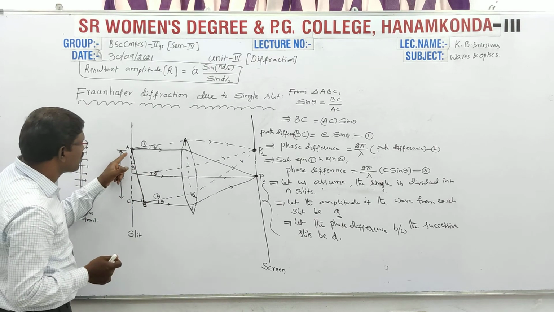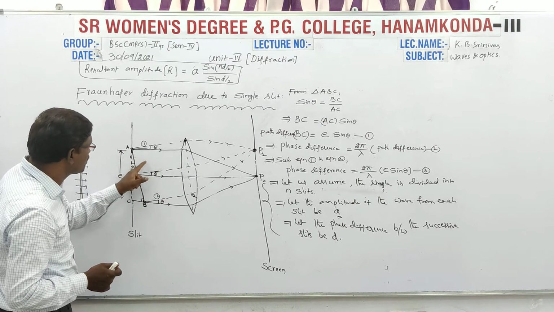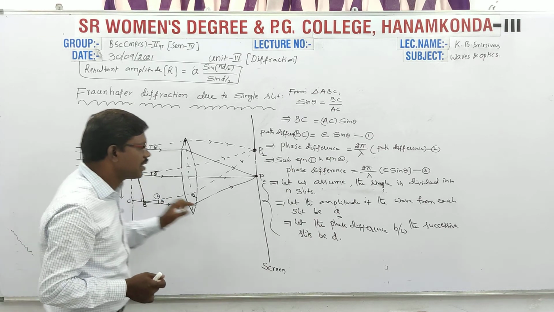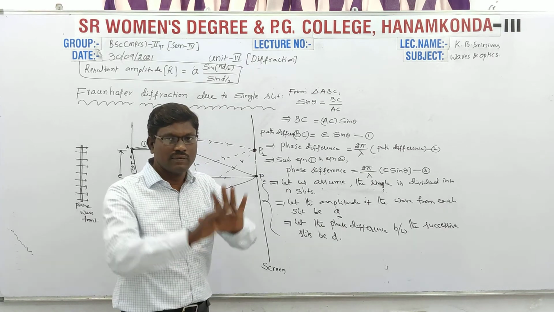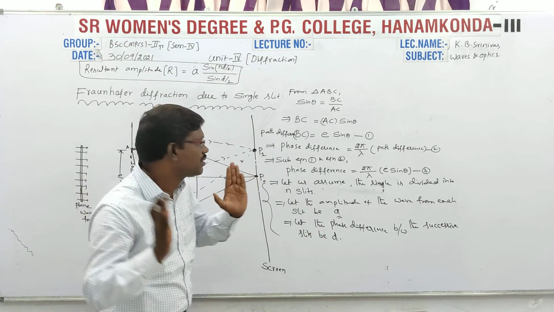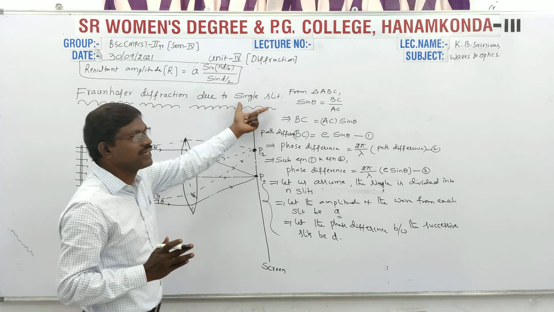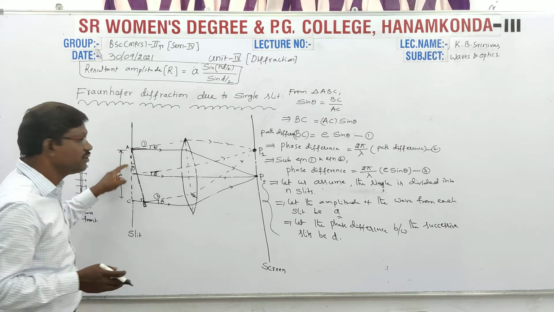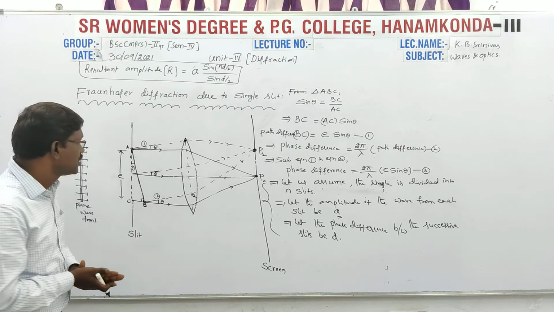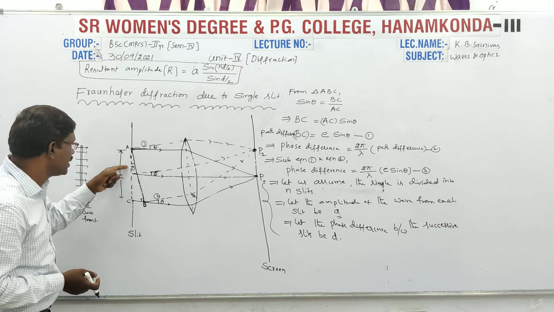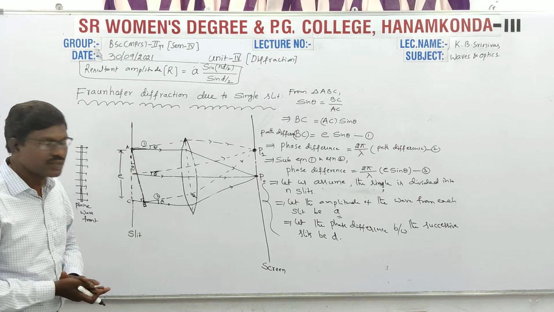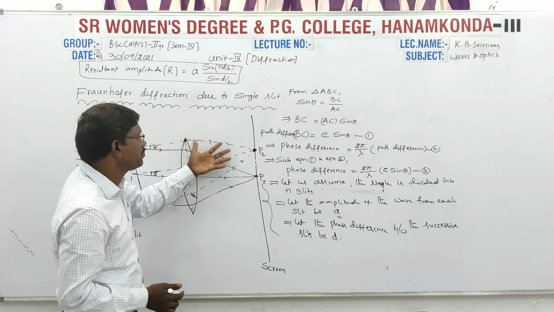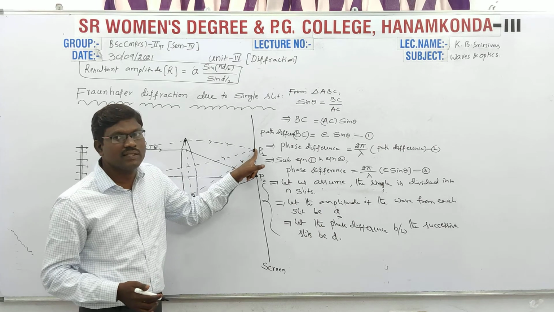One more thing, the phase difference between the two successive waves coming from each slit, here I am assuming a small d. So this is our imagination only. Actually our topic is about a single slit, but here I am assuming the single slit is divided into n slits. Is that clear? So how many waves are coming from these n slits? N waves will come in, and those n waves are superimposing, forming an image at P1.